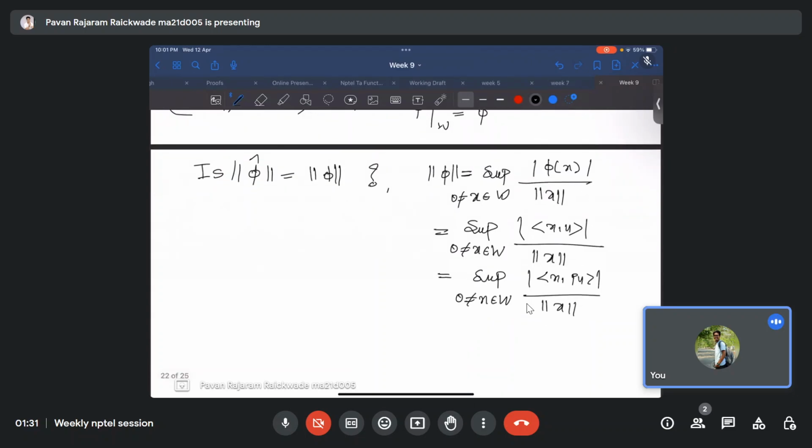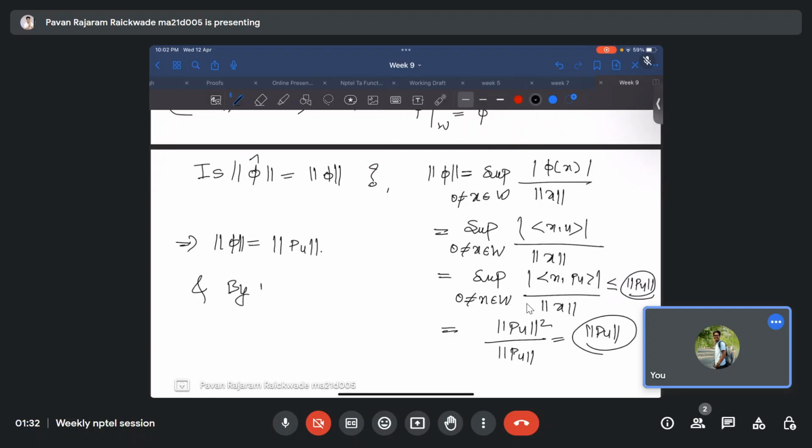But as you know, P is a projection onto W, hence Pu again belongs to W. So if I put x equals Pu, this is norm Pu squared upon norm Pu, which is norm Pu. I mean, this is basically less than or equal to norm Pu always, and this is equal because Pu belongs to W because of the projection. What we know is norm of phi is norm Pu,